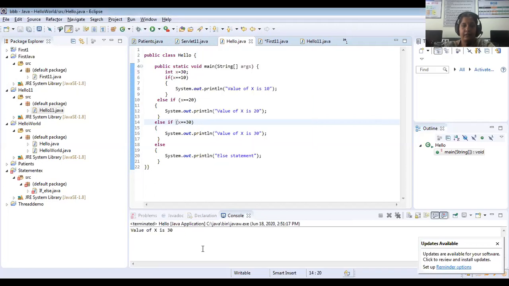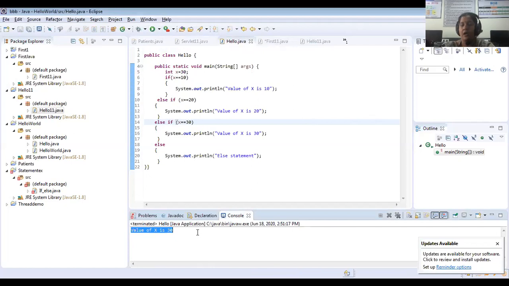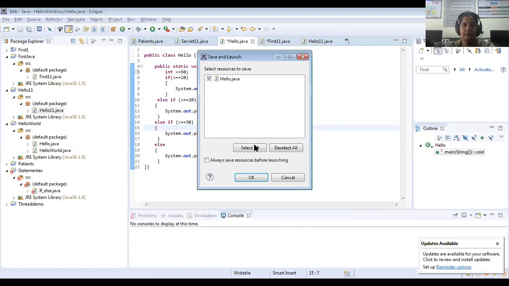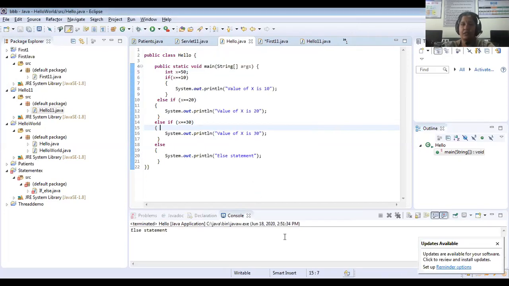Okay, value of x is 30. Can you see? So this is my output. If I change this to 50, what is my output? Else statement. Shall we check? Else statement. Like this, you have to execute your Java program using Eclipse. It is very easy. Okay.